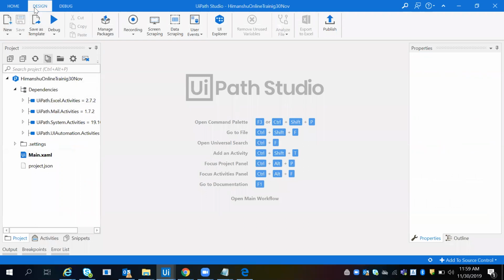The second part is called design. Why do we use design? Because if you are using design, you can go for creating your workspace, creating your workspace and going one by one. Now we have to click on this part. This is called the project panel, and in the project panel we are getting excel.activity, mail.activity, system.activity, and